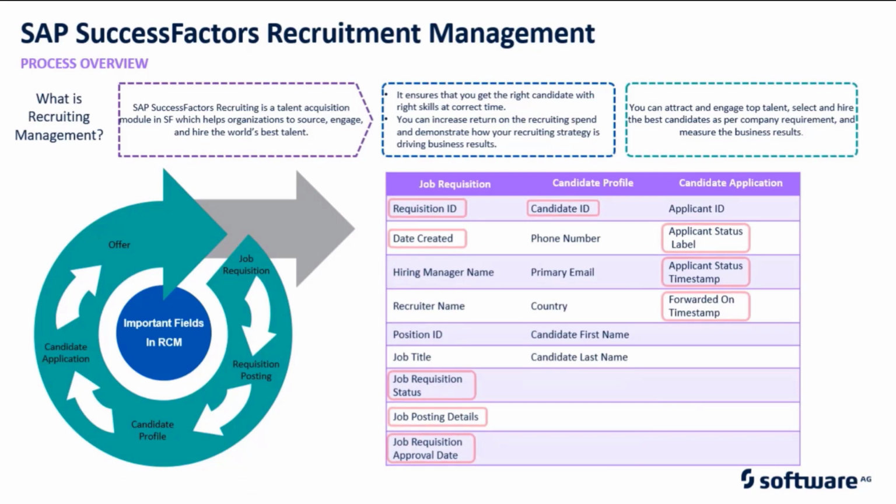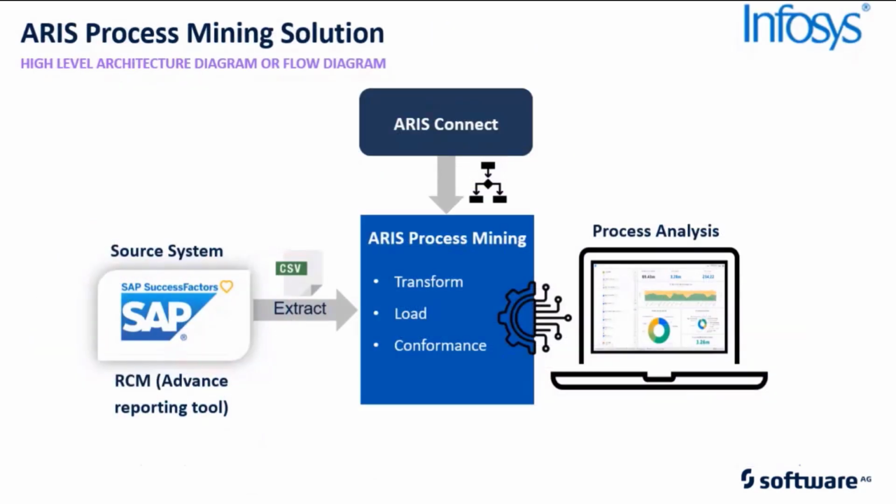So what made us come up with a vanilla version of a reusable asset of the H2R process mining solution is a core interaction with our SAP SuccessFactors team, which identifies certain fields that will remain intact across different organizations, irrespective of changes or variation made within their SAP SuccessFactors modules. So we identified certain fields, so it can be a plug and play solution for everyone using this kind of solution. So after identifying this, we came up with a solution architecture diagram. So I would like Varun to continue with this. Yep, thank you, Bhavik.